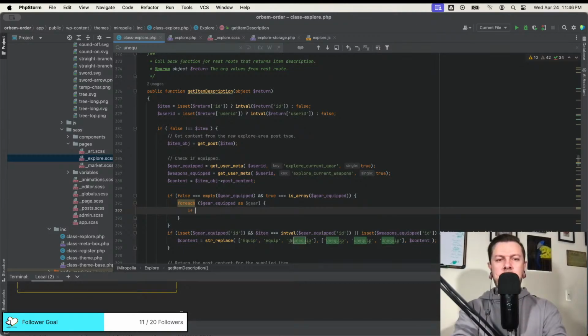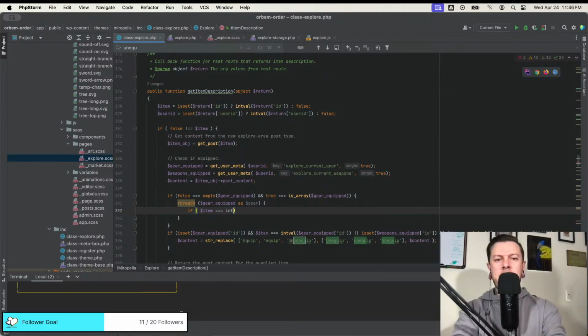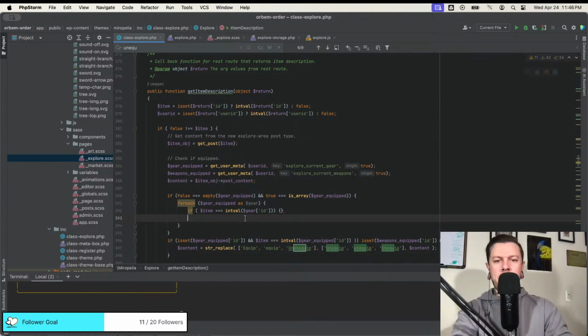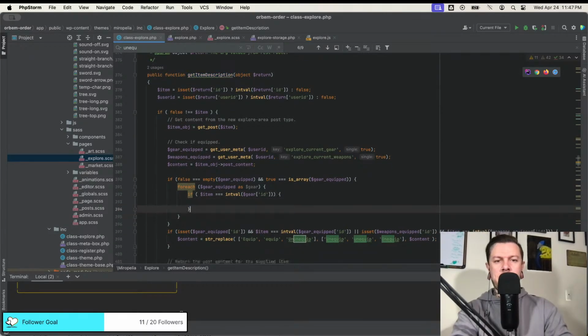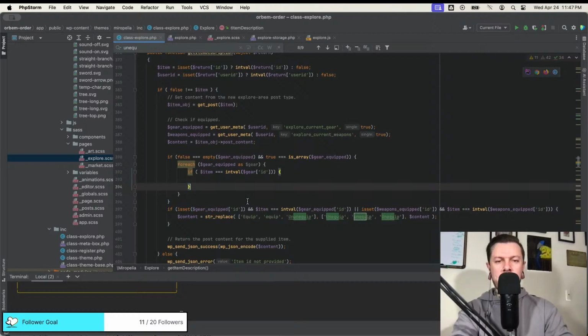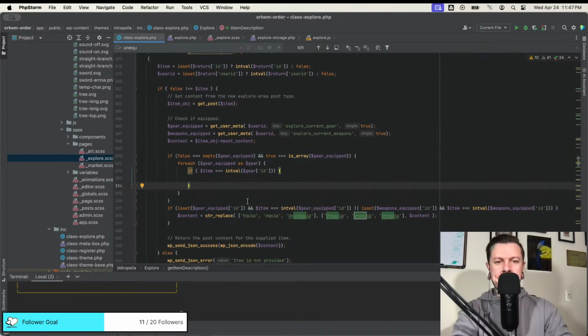So if item equals int val gear ID, right, then we know that it is equipped, and we do this.